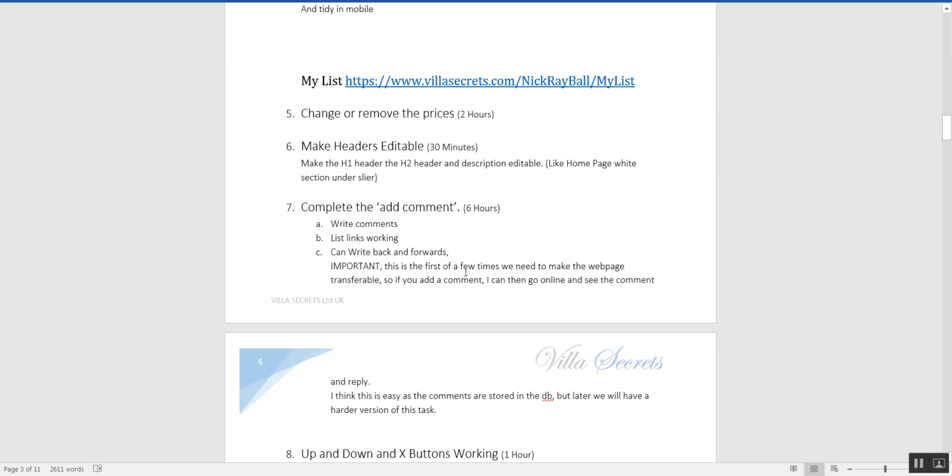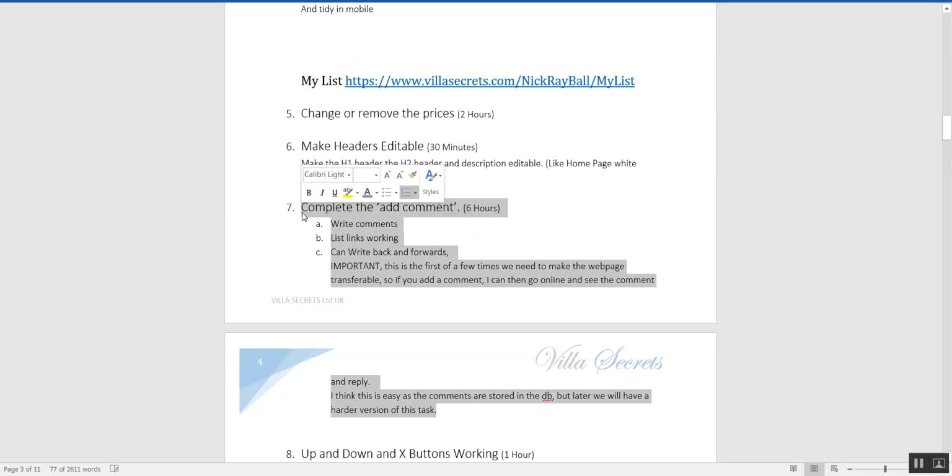Important. This is the first of a few times we need to make the web page transferable. So if you add a comment, I can then go online and see that comment and reply. I think this is easy as comments are stored in the database, but later we will have a harder version of this task. This sort of gets us moving a little bit into how we're going to work out the best way to get these